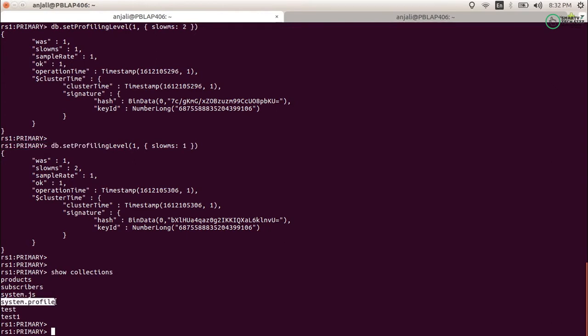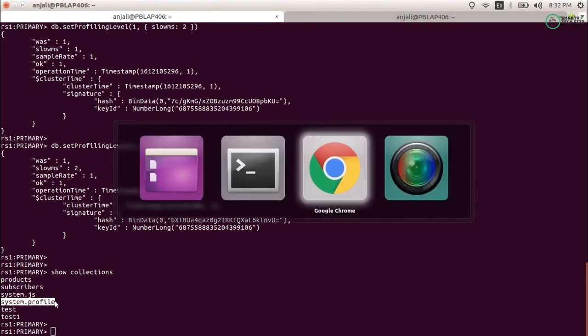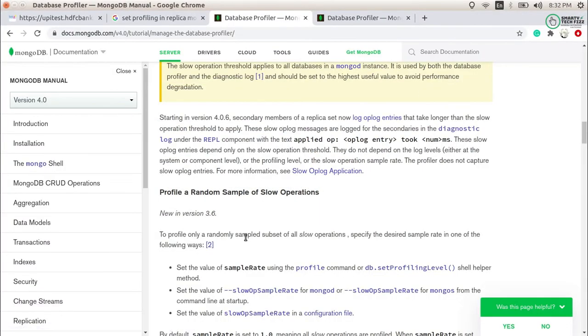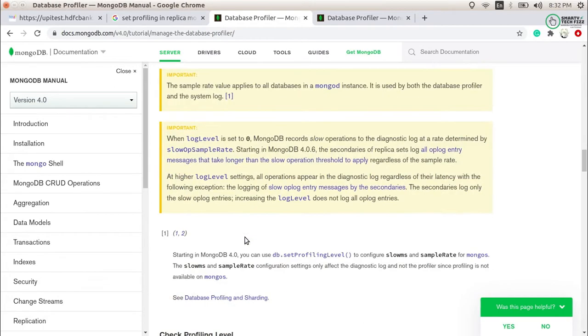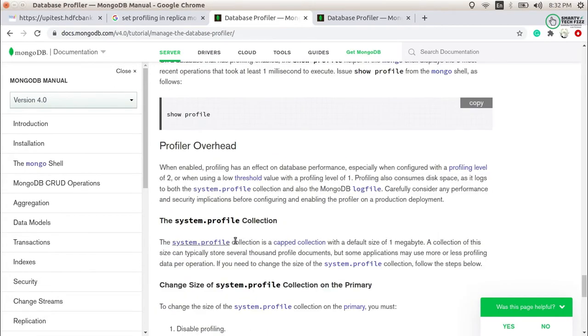Now what you have to take care of is that system.profile contains only minimal values. The system.profile collection is a capped collection with a default size of 1 MB, so it can only contain several thousand profile documents.